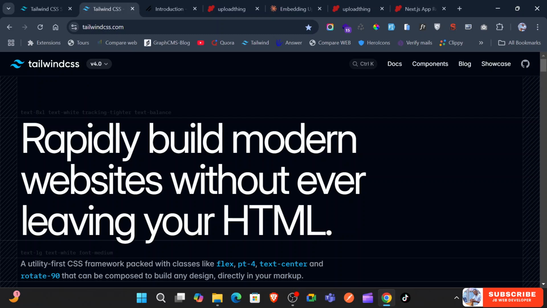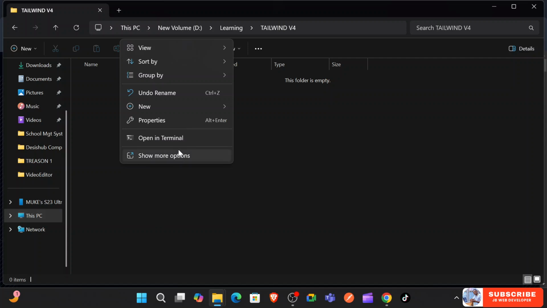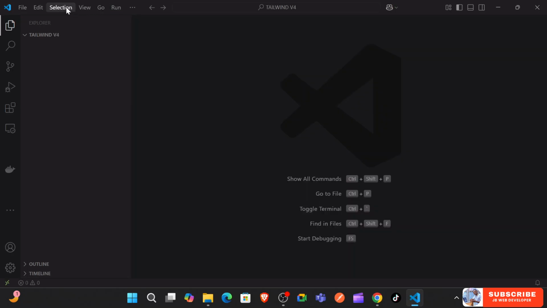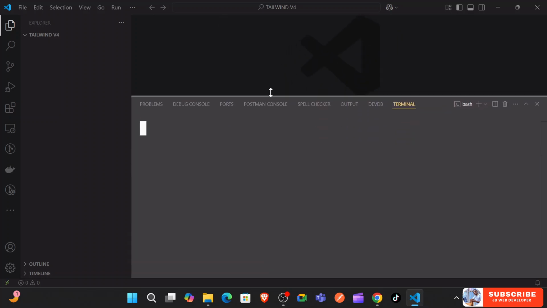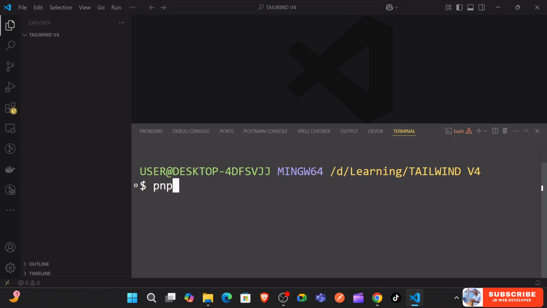So let's start by creating a new Next.js project. I'm going to go to my folder here, very clean, and open this in VS Code. I'm going to go ahead and create a new Next.js project. I'm seeing people starting with Vite. I do not recommend that route if you're just using Next.js. So npm create next app, and I'm just going to name it testing,